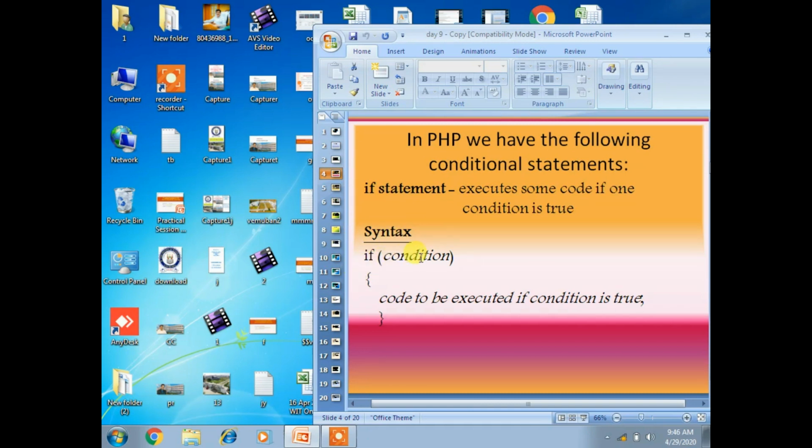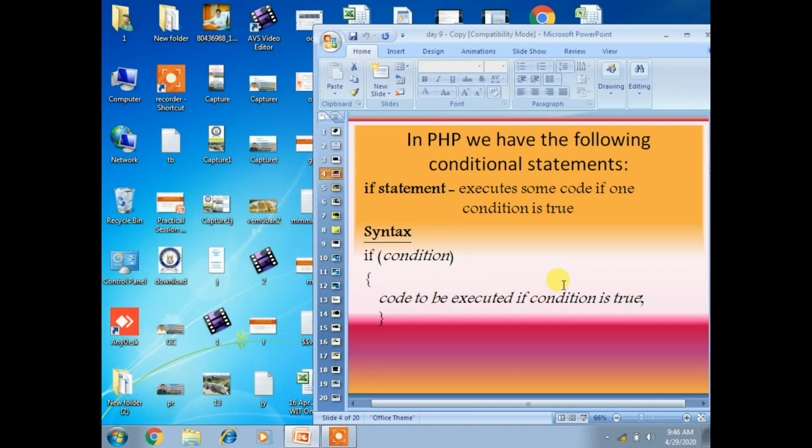In the condition we have to specify something like a greater than b, or a double equal to b. You can use comparison operators, arithmetic operators, logical operators, or different types of operators. You can write a condition here itself, and based on that condition the true block will be executed. Within the curly braces you have to write code statements that are executed if the condition is true.